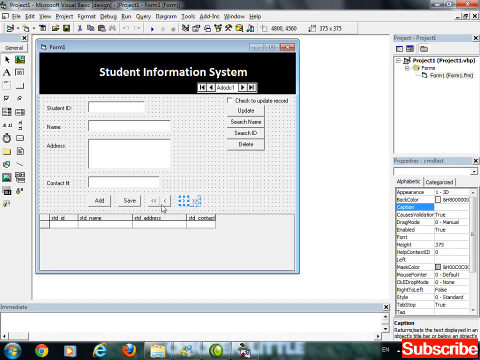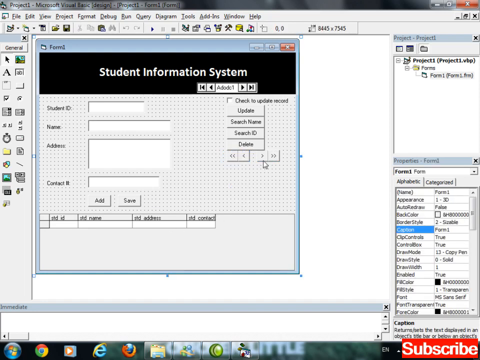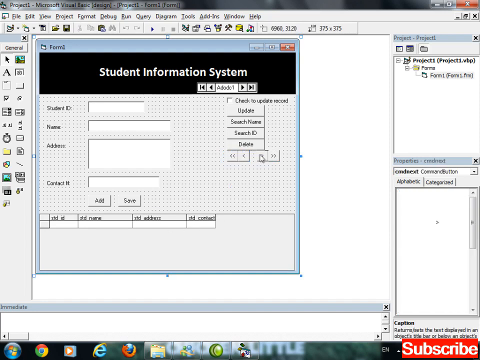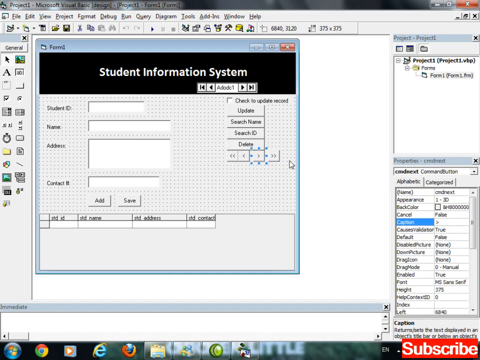Navigations. Okay, then save and add buttons.